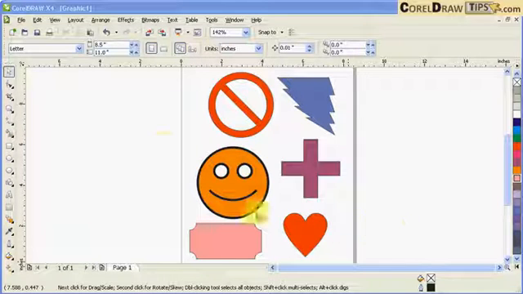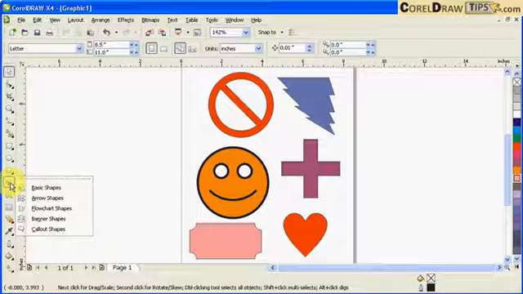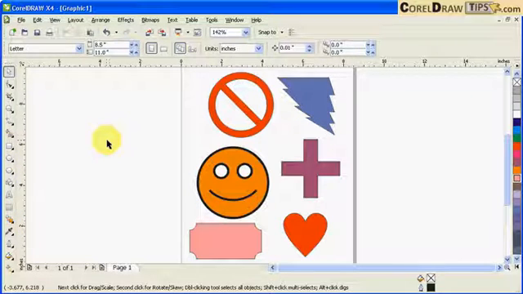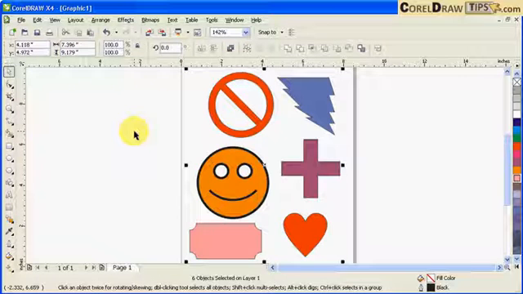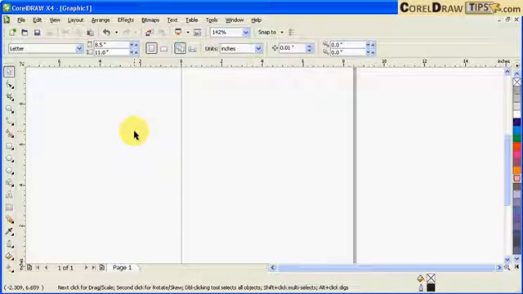Okay, basic shapes. In a graphic or in a drawing, there's always a basic shape that has to be done to create a graphic. So in CorelDRAW, you can create this graphic, and it's already preset in your basic shapes. Okay, so it's this one here, basic shapes. Anyway, I'm just going to delete this one. We're going to recreate it, or I'm going to show you where to get those